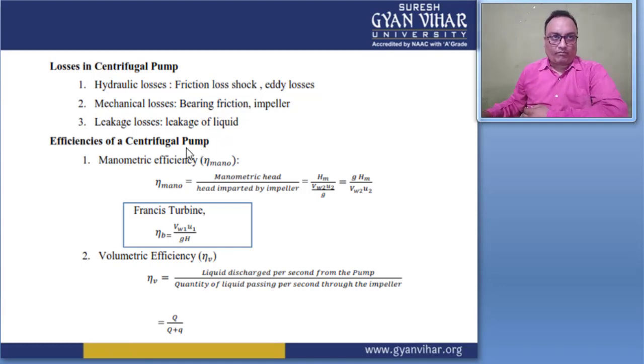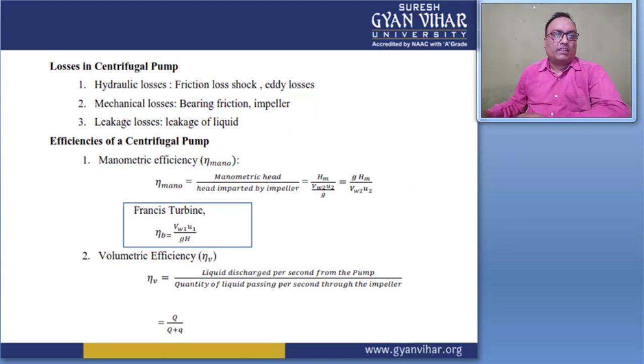But leakage is a very small loss because it is not very important for the case of a pump. But the mechanical losses give a very high contribution to the losses. And the eddy losses are very important for the hydraulic loss because they reduce the efficiency of the pump, and the efficiencies of the centrifugal pump.